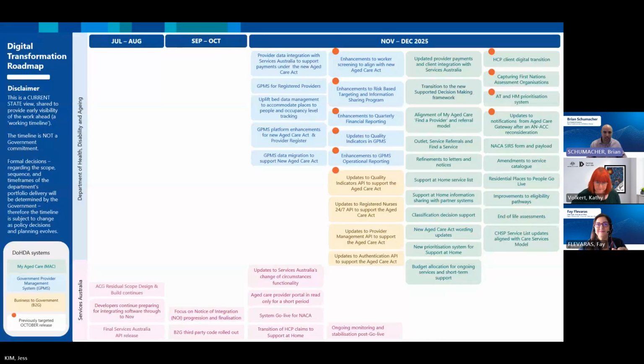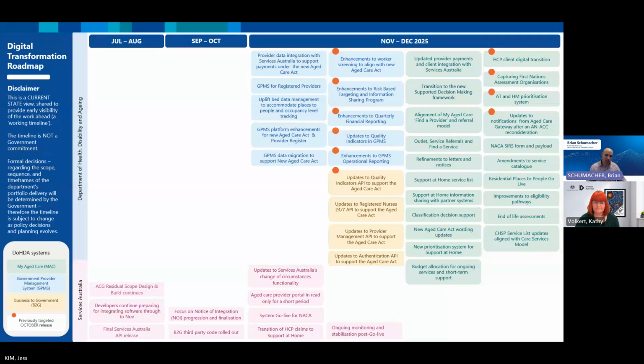Thanks, Faye. All right, before we get into the details of the roadmap, which you can think of as our technical delivery roadmap or our delivery plan, I just want to make sure it's caveated with the usual disclaimer. It's important to note that the timeline on the roadmap is there to support the aged care reform agenda, but it shouldn't be considered an official commitment from government, as that happens elsewhere through other processes that are outside of tech talks like this. As you've probably heard at these sessions previously, we make a point of sharing this roadmap early and often to be transparent and open with you about what we're working on and what we're planning for. So when changes occur, we'll make sure we keep this updated to keep you informed of where we're headed.